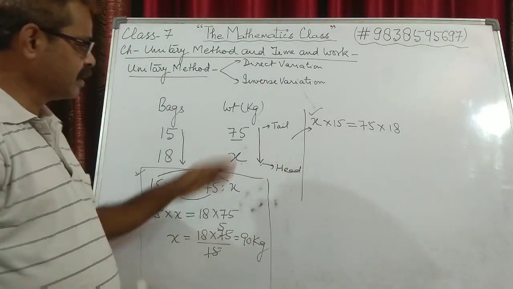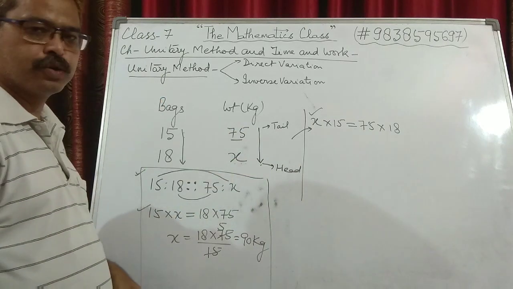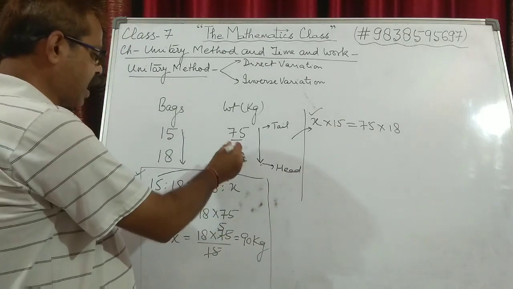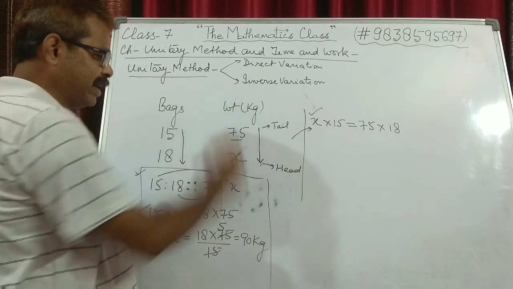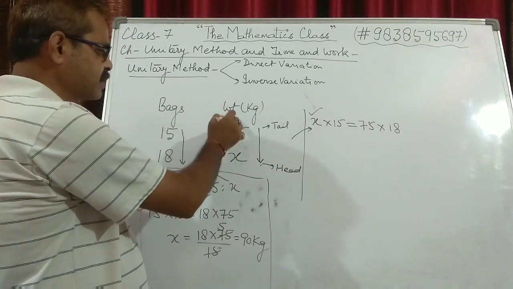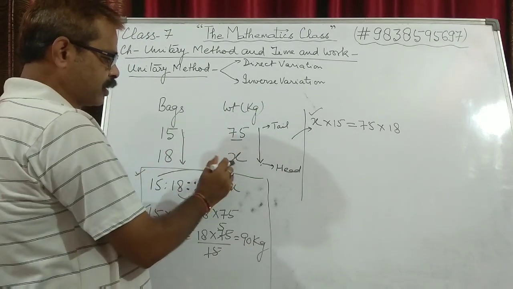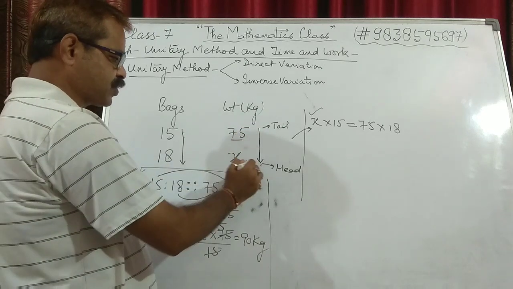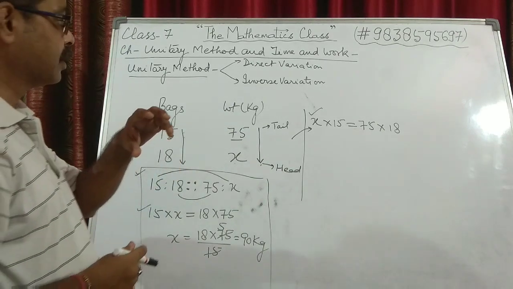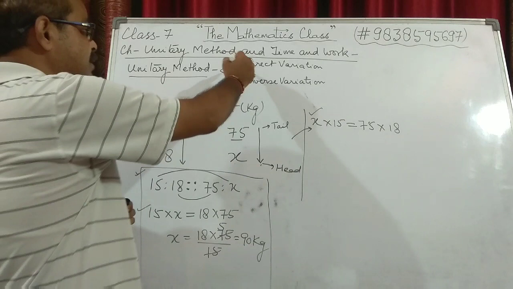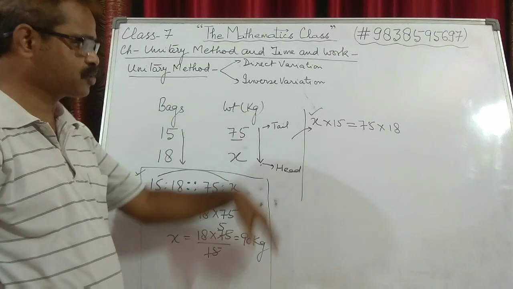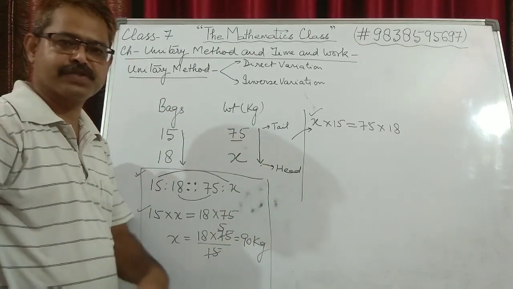So always remember that the first arrow that you are going to place, you will write first that thing which is supposed to be found. So I was about to find the weight. So we wrote it at the last, first bags, then weight. Then now weight is there, so we put X. Now the first arrow is always in the direction of X, and the second arrow depends on whether it is a direct variation or inverse variation. Now I'll take one, I hope this is understood. I'll take one question of inverse variation.